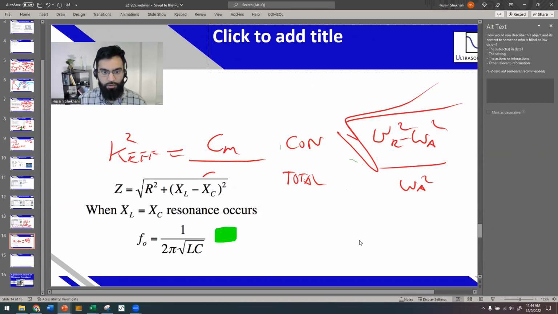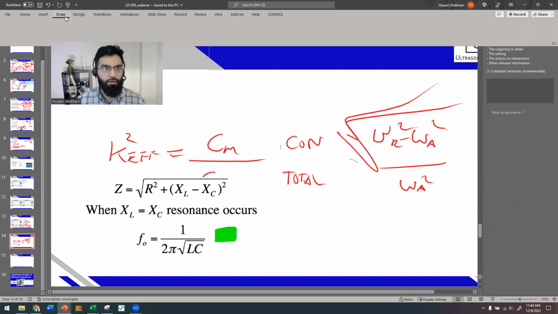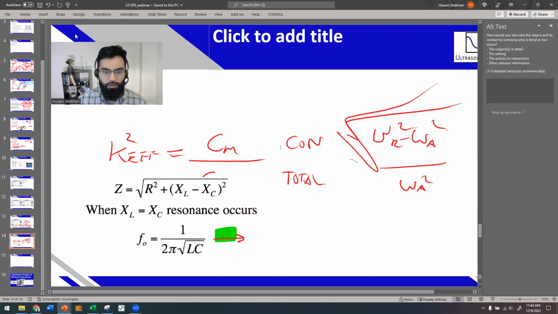So from this equation, if you just solve for the L, I forget what it ends up being, but